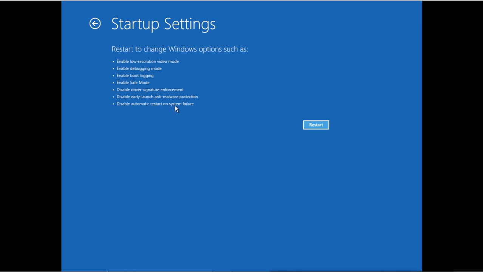So at least your system will try to boot, and if it is a small problem, then you can fix that problem when it is starting. So all these options work. Sometimes these options will also not work, because if your system is corrupted to such an extent that it is not starting even in safe mode, then you have to use the other options. Now for choosing this option, you have to restart, and then it will reboot to this. It will give you these options to select.